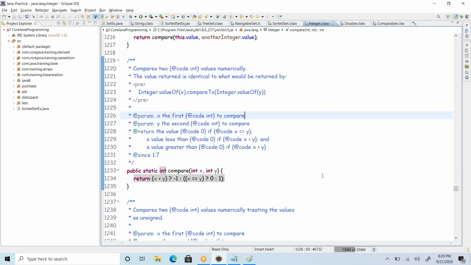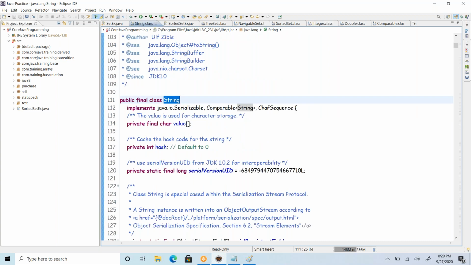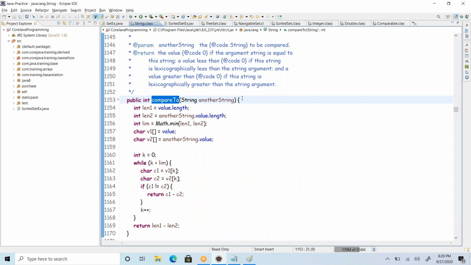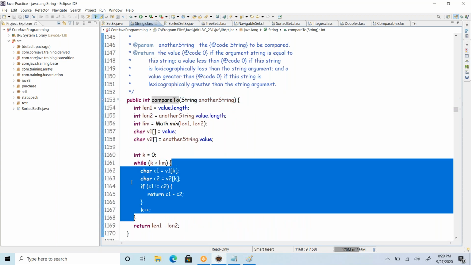Okay, so this is just comparing integer values. In a similar way, what about the String class? Is the String class also implementing Comparable or not? The String class is also implementing Comparable, and here also it must implement what? compareTo. So here also the compareTo method is implemented, and it iterates through each